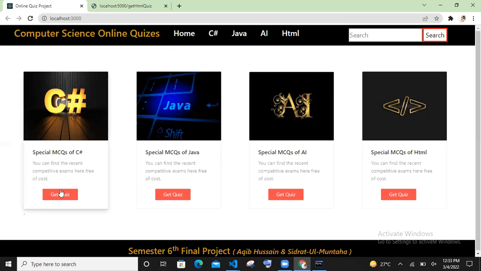Also, I have kept the functionality of the cards. Means each subject's MCQs will be displayed on the page using cards, where I have kept these four subject cards. For instance, this is the C# card, this is the Java card, this is the AI card, and this is the HTML card.